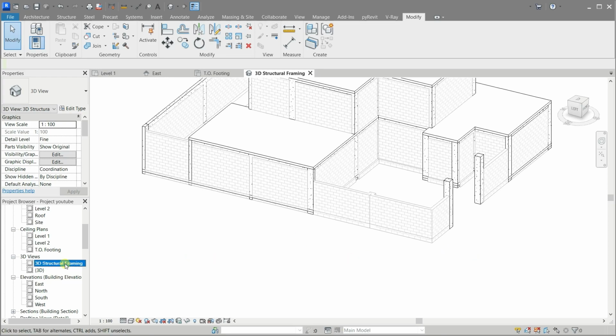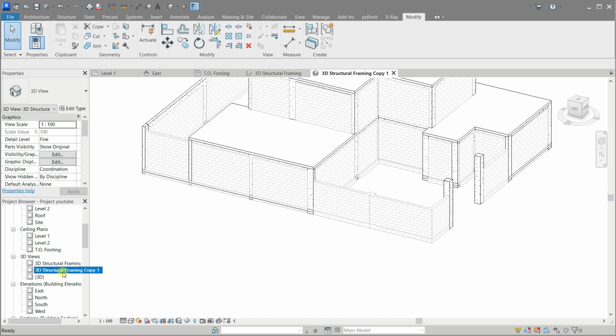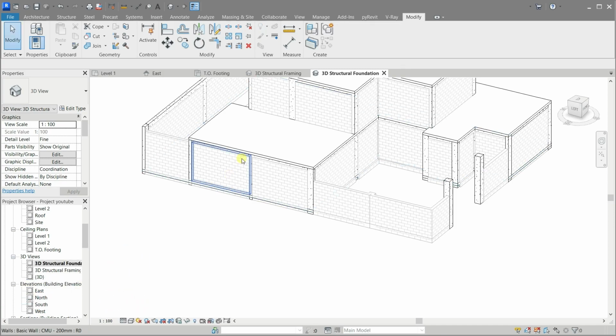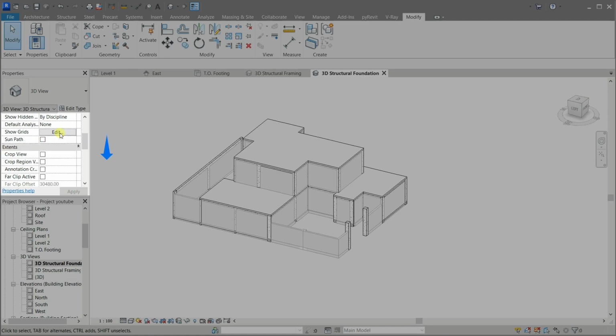Let's duplicate this view and rename it to 3D Structural Foundation. Now in the Properties area, activate the Section Box option.